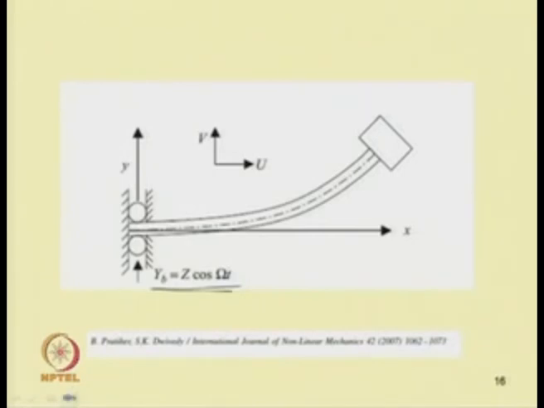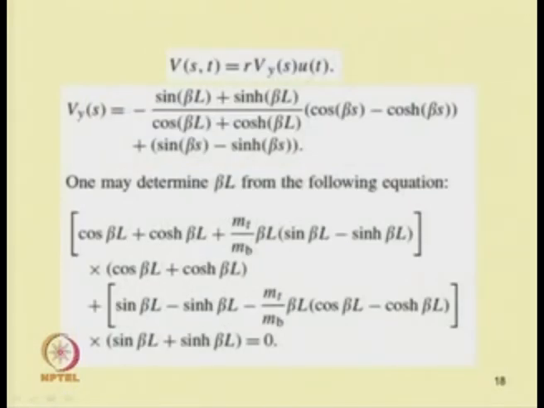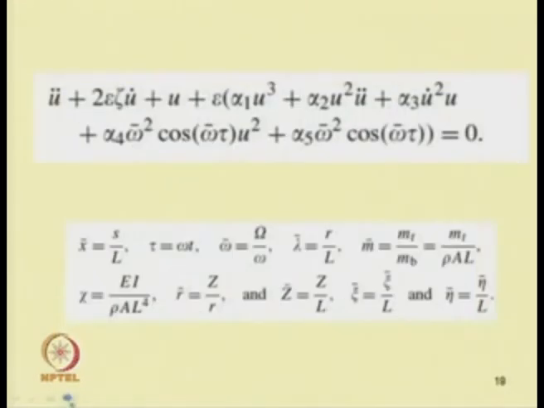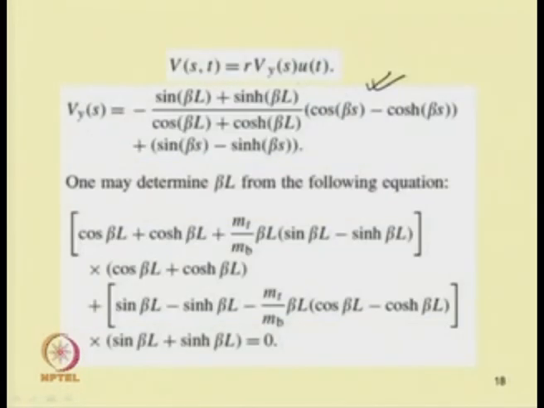So, after using all these and using the inextensibility condition, this is the condition for inextensibility, one can find this and then one can find the governing equation in spatio-temporal form in this way. So, after getting the equation of motion in spatio-temporal form, by substituting this shape function, one can find the temporal equation of motion. In this case one has used this time modulation u(t), and psi is the shape function.